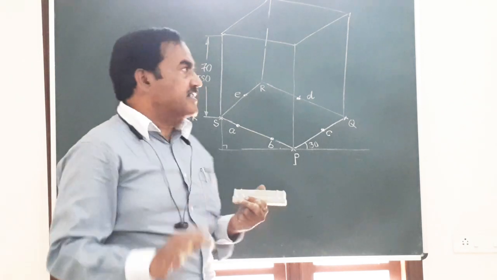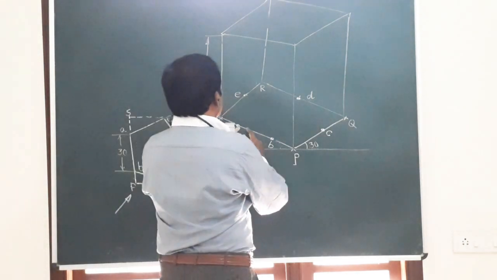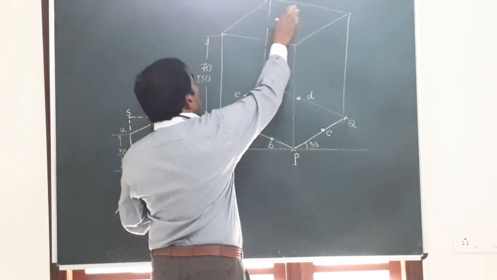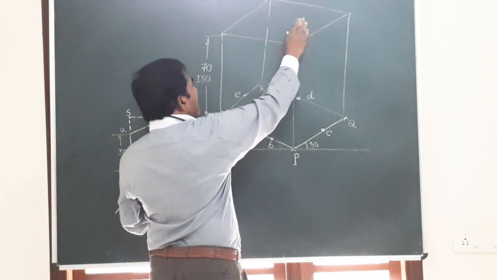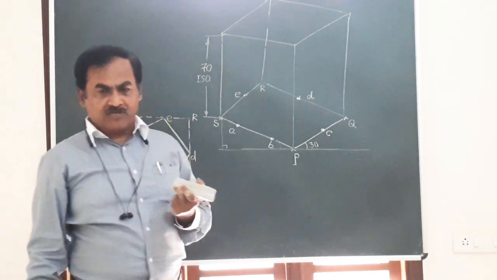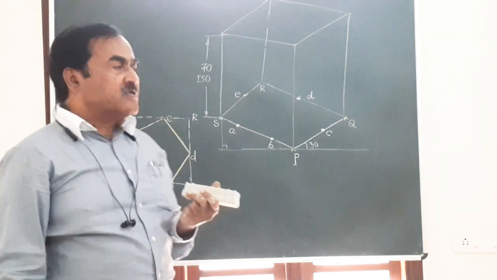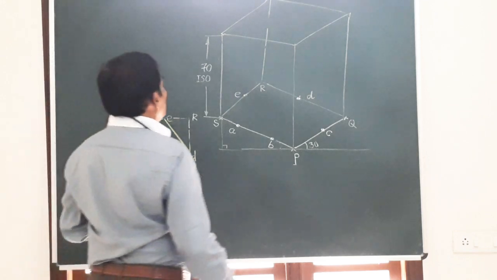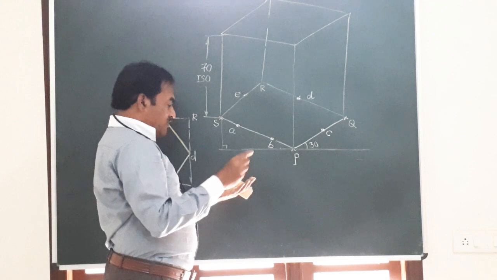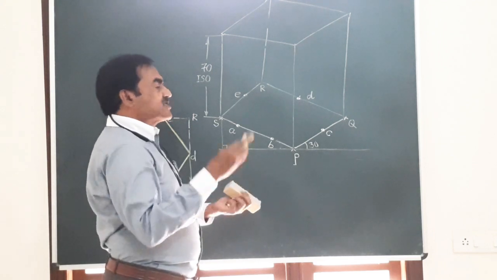So if it is a pentagon, you are going to get a distorted pentagon in this box. If it is a hexagon, you get a distorted hexagon. A triangle, a distorted triangle, and so on and so forth. So it is always advisable that we mark these points first. How to get them? I will show you one by one, very slowly.